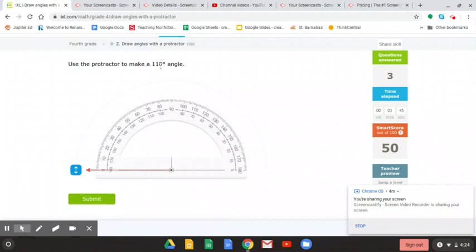If I were making an angle that was 110 degrees, I would put a little point right here. If I had it all lined up, I would put a little point right there, and then I would connect the dots with a straight edge. Okay? Oops. So again, what I would do is I would make a straight line, line it up with my protractor, line